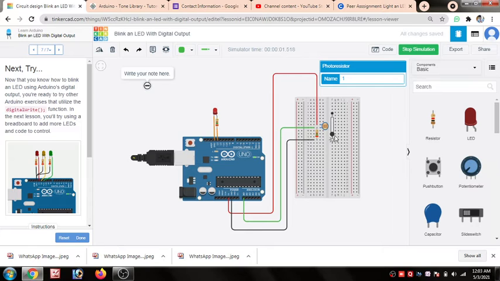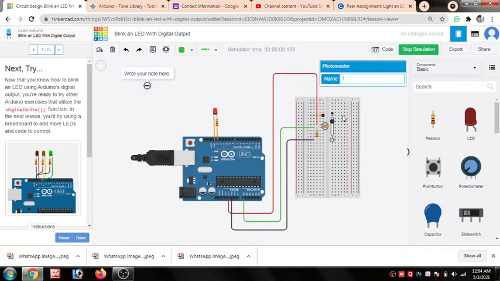If in the room there is sufficient brightness, then the LED is off, and if we want to dim the room, then see what will happen. No, the LED is not glowing. No, the LED is not glowing. Yes, the LED starts to glow. But how? Because at a certain level of brightness in the room, the LED starts glowing. And we can adjust this level of intensity or brightness on our own.